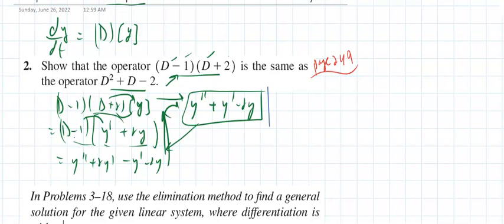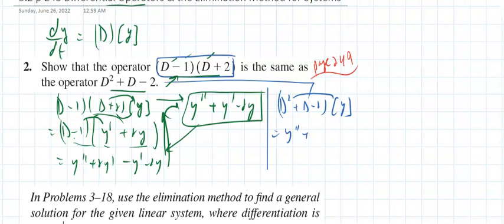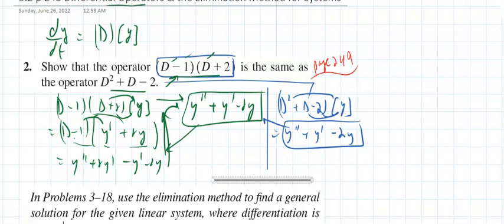Now, if I was to multiply those instead and apply the second derivative plus D minus 2 operating on y, I'll notice that's the second derivative plus the derivative minus 2y, and that's a lot quicker. We're going to use this kind of analogy in future sections, so we just want to develop a feel for it and use it a bit for systems